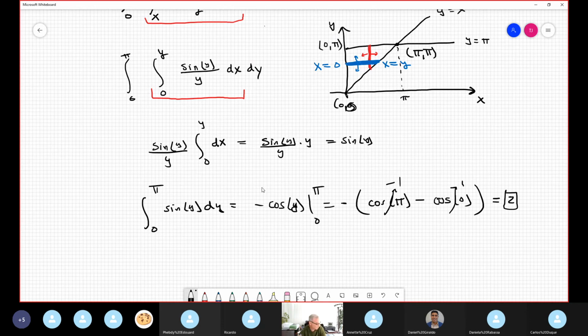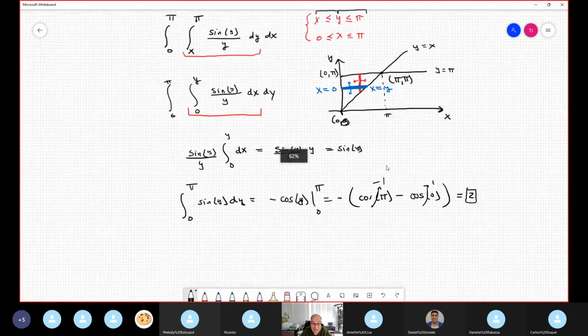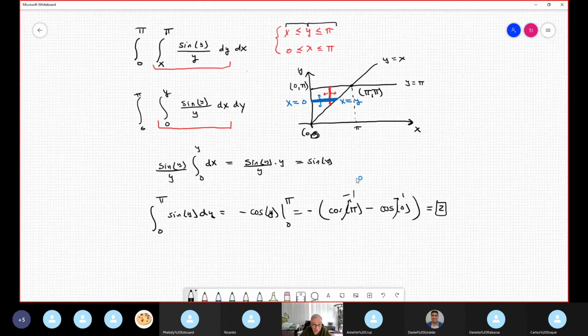Any question? Super clear or super confused? Do you see what is important? The order of the integration. Sometimes it's impossible, even using Wolfram Alpha. I put this horrible, stupid integral in Wolfram Alpha and Wolfram